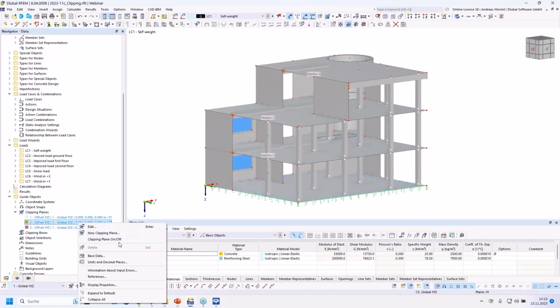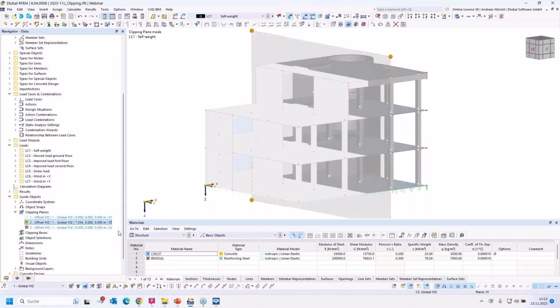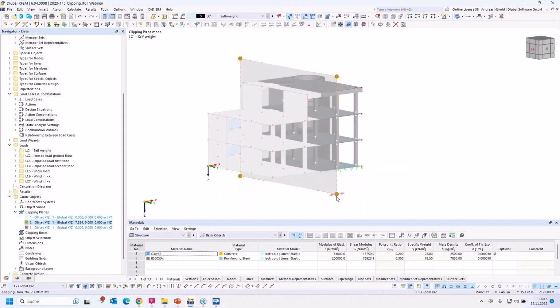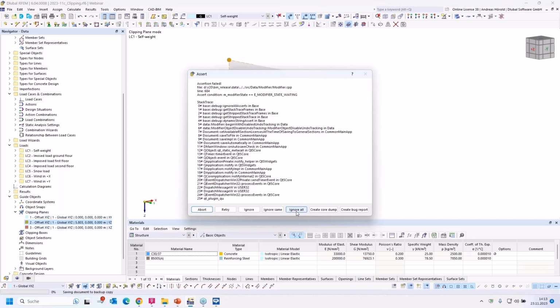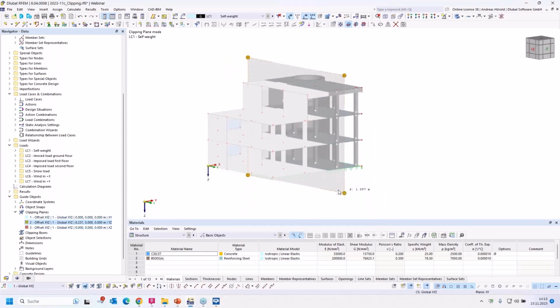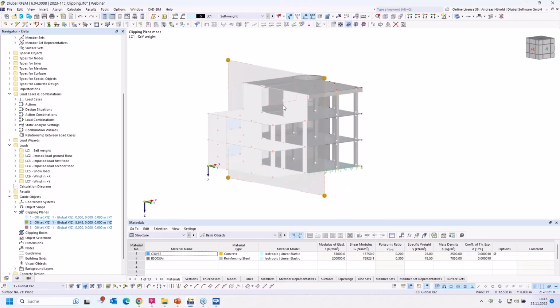Let me take a clipping plane. You can move the clipping plane. Sorry, and you can see there is a transparent area. And the question was, how can we completely hide this?